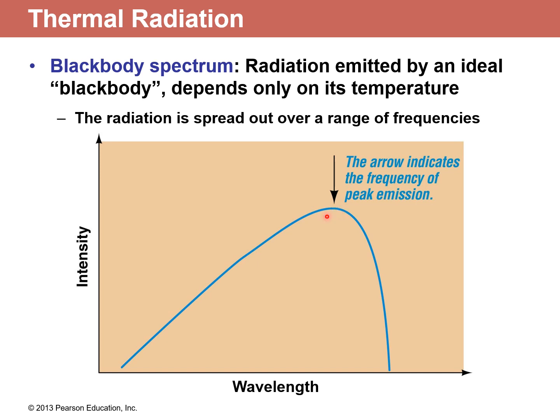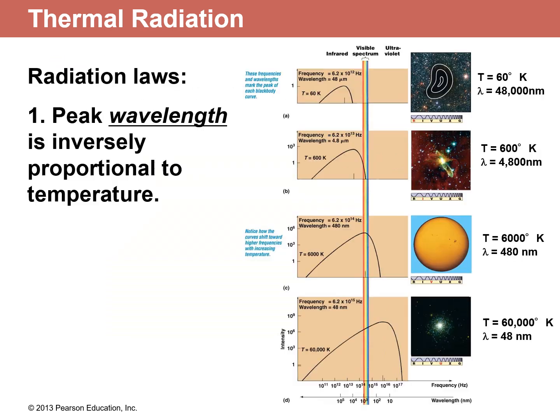And this peak right here is where most of the radiation will occur. For example, this is at a certain temperature, and the peak occurs at whatever wavelength this is. If it's colder, this curve moves to the left, and if it's warmer, this curve moves to the right, meaning to the left, longer wavelengths, to the right, shorter wavelengths. So temperature is what determines this black body spectrum. All right, and let's look at the black body spectrum for a few objects at a few different temperatures.